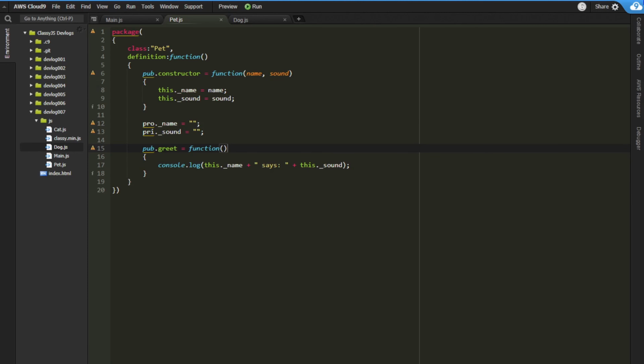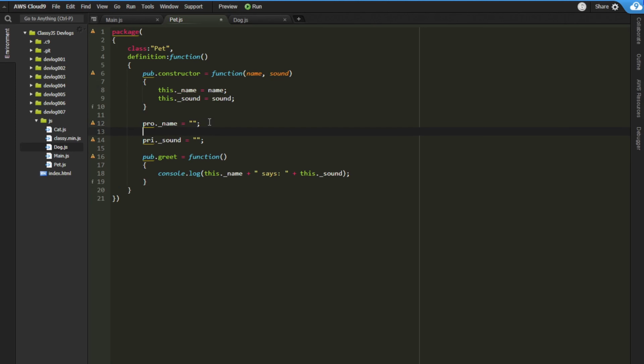Let's fix that. To make a getter, we need to decide how much access we should grant to this getter. In most cases, it will be public so everyone can use it. So let's add pub. Next, we need to declare this as a getter. To do that, we add the keyword get to pub by adding .get. Now we need to name our getter. The best practice is to name this as you would name the public version of your already existing private or protected property. In this case, our protected property is _name. So to make a public version, we would want to call this name with no underscore to denote that it's public. Let's add